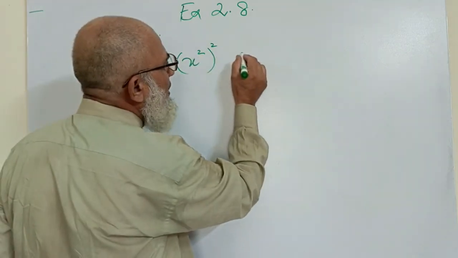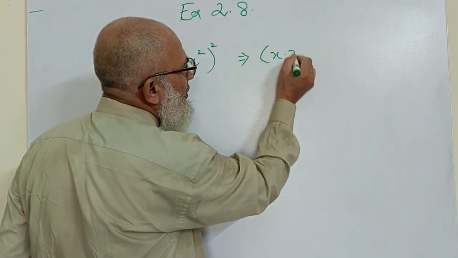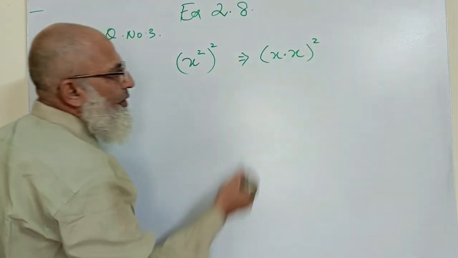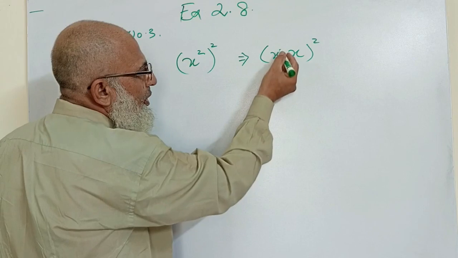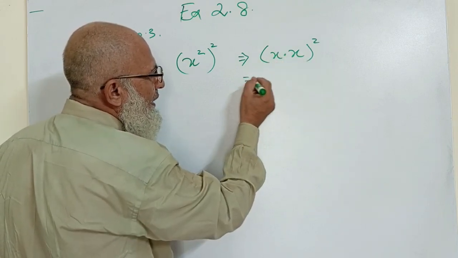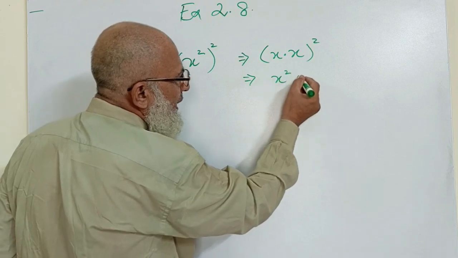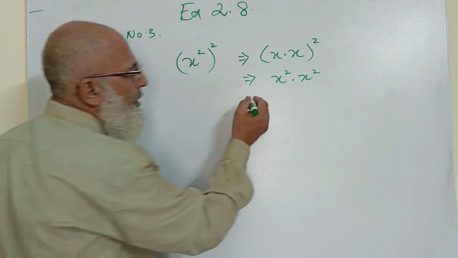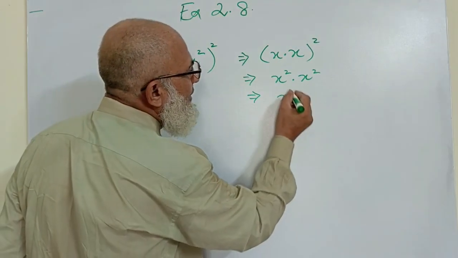In fact, what does it mean? It means that there are x multiplied by x, and now this power also applies to this x and this x. If I just open it, it will become x square and x square, which are being multiplied. So what will happen over here? x plus,